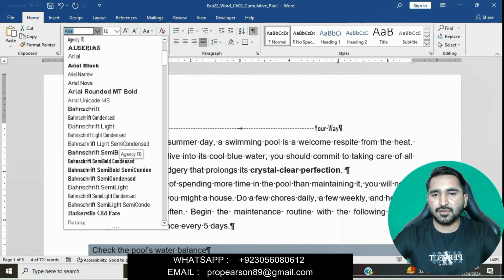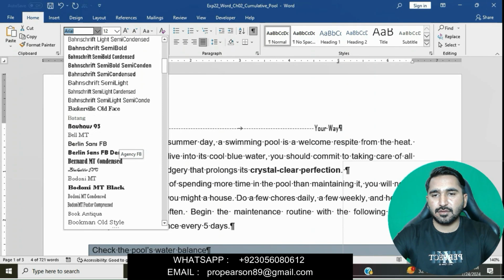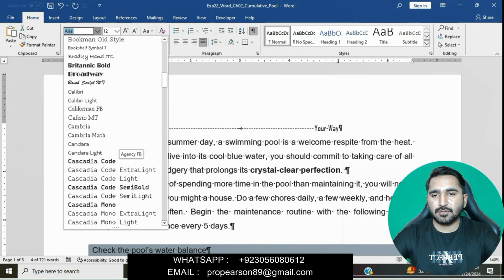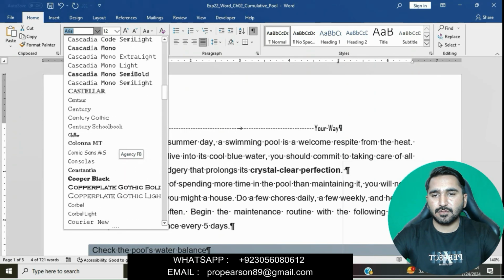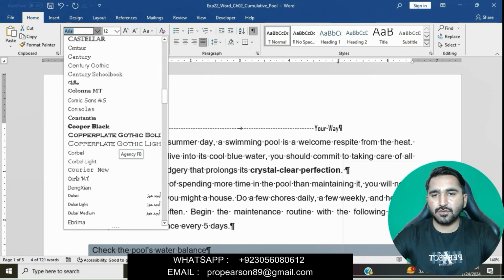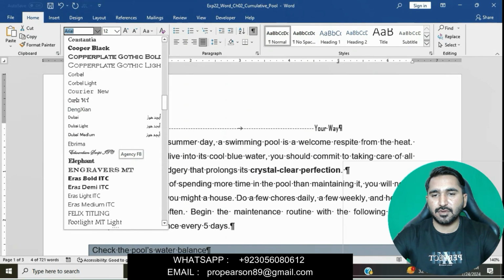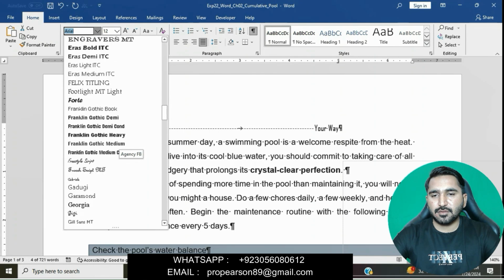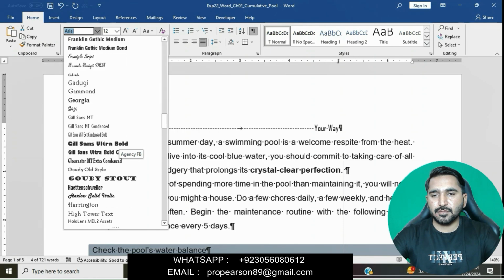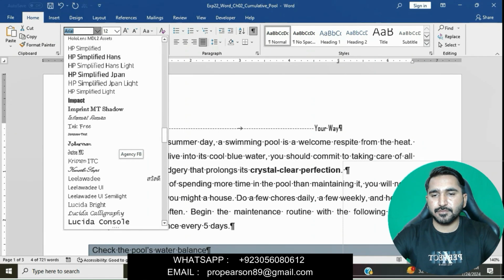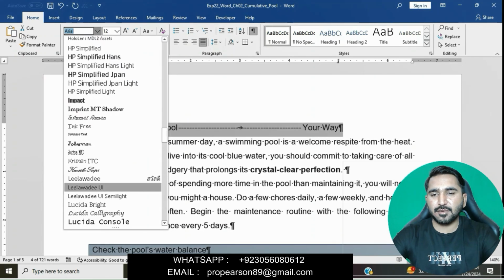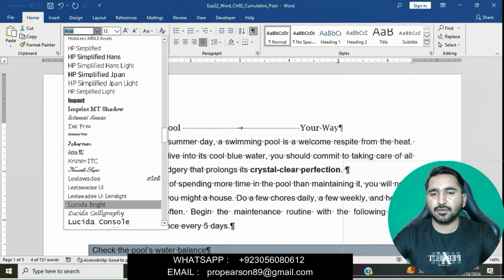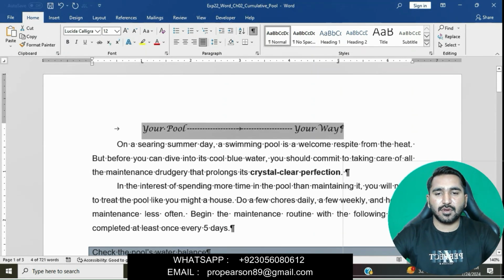Scroll down and then you can see it. Here is Lucida Calligraphy. You can see this is Lucida Calligraphy. Okay, this is good now.